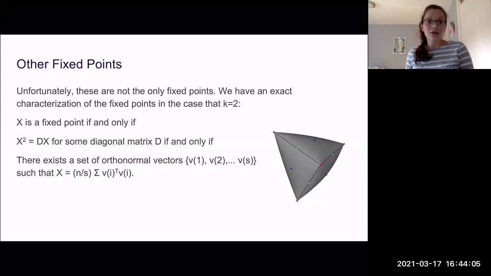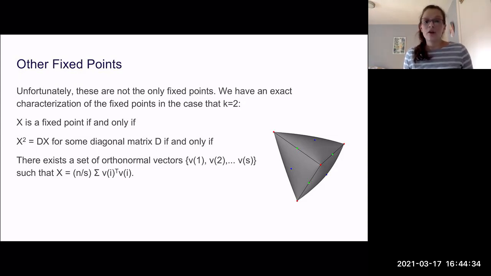However, the downside is that these are not the only fixed points. There are other fixed points, but they're not attractive. So they're not attractive in that there are directions where you are not going to converge to that point, but they can still be attractive from certain directions. So from a limited amount of directions. And we don't have a clear understanding of in what cases you would actually go to these.